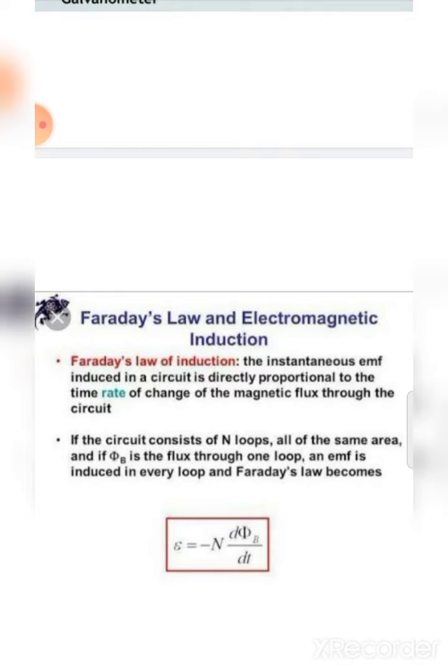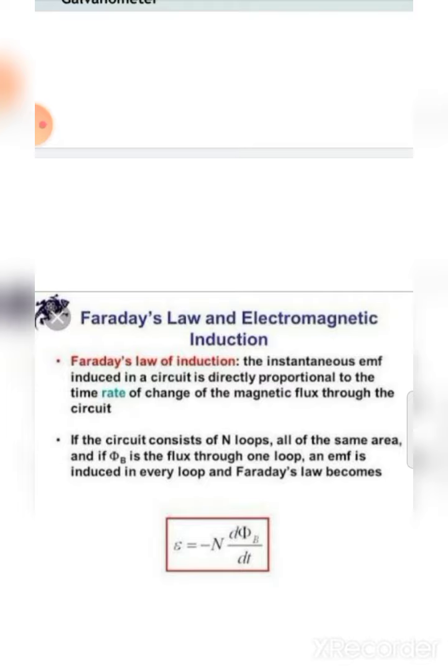There are two laws regarding Faraday's experiment. Those laws are called Faraday's laws of electromagnetic induction. The first law explains that whenever the magnetic flux linked with a closed circuit changes, an EMF is induced in the circuit, which lasts as long as the magnetic flux is changing. So if there is a magnetic flux change, then there will be an induced EMF. This is the meaning of the first law.